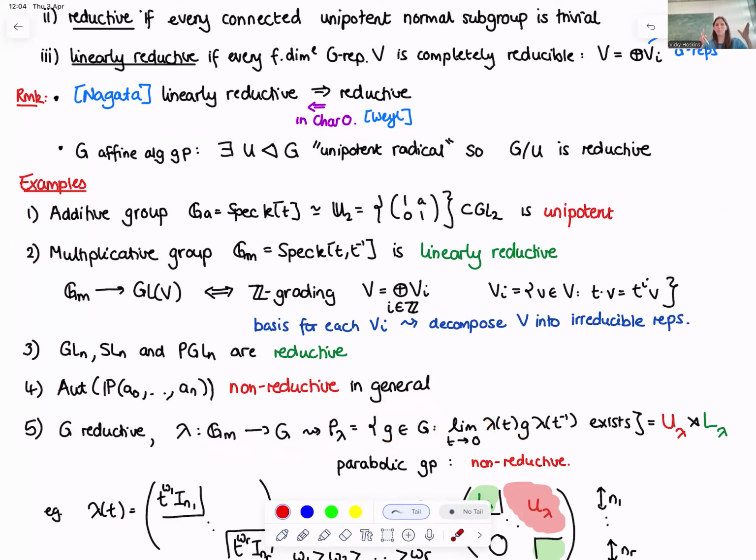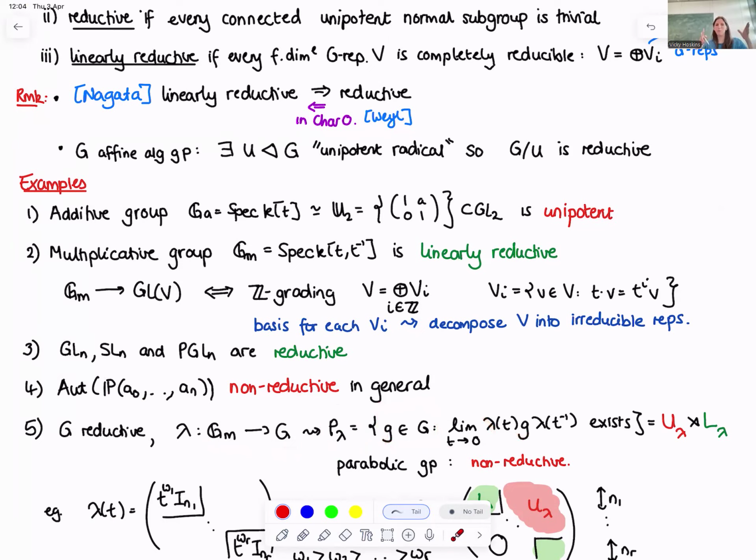What I'm really meaning here is take the map from G_m to G and ask whether it extends to A^1. So this is a subset inside G, and it decomposes again as